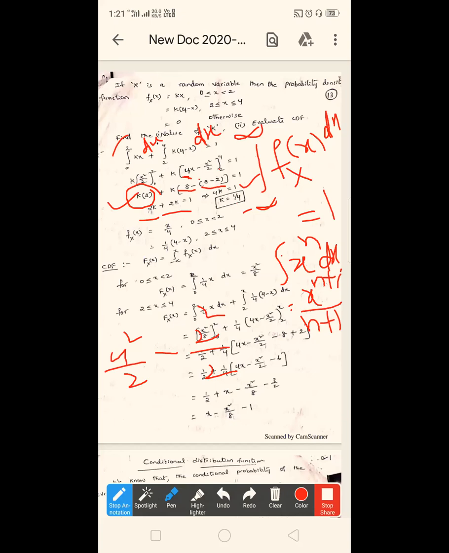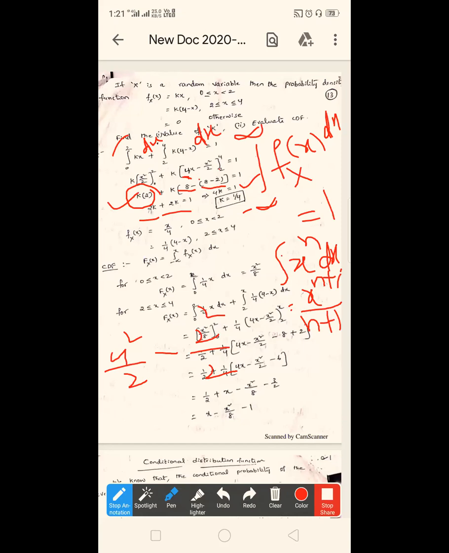So here, what is the value of k? k is equal to 1 by 4. That is the constant value. By applying this property, we will get the constant value k is equal to 1 by 4. Next,